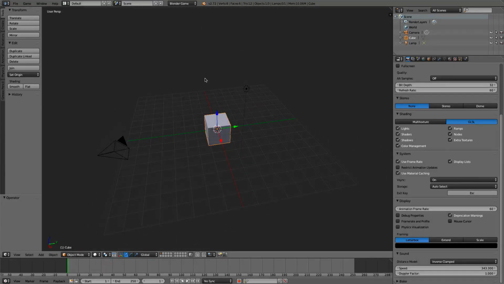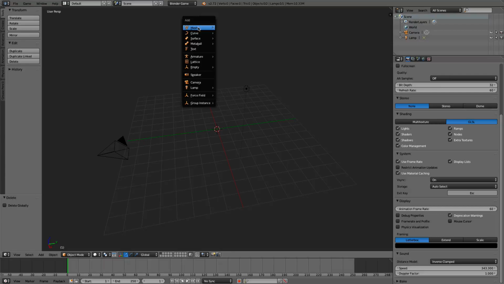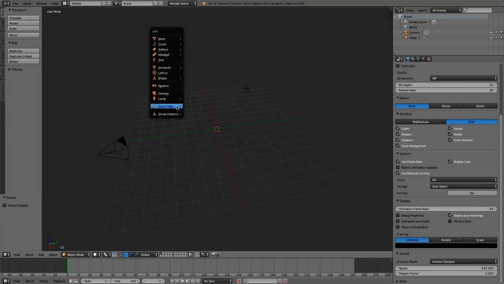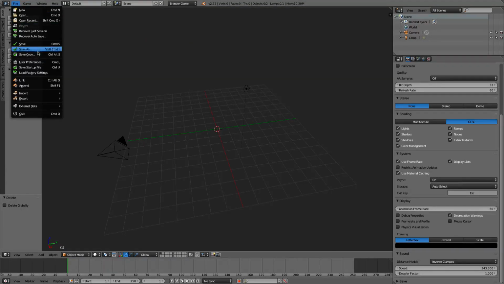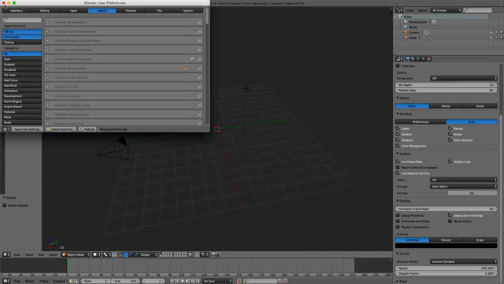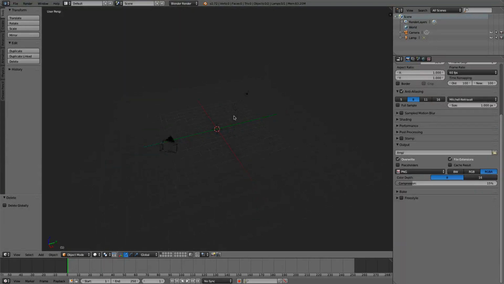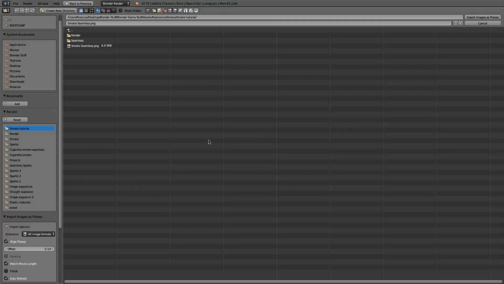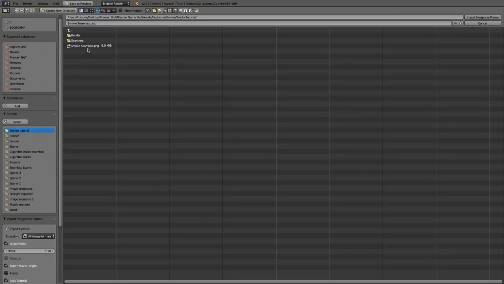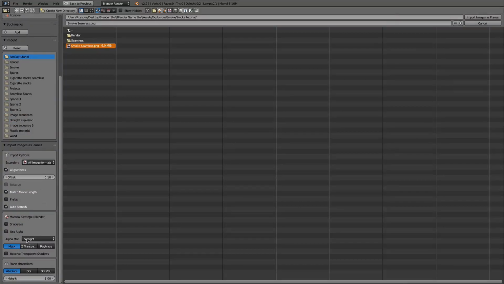Okay, what we'll do is just delete it, and I find the best way to import our image is to go Mesh, Images as Planes. This is an add-on. You can add it by going to File, User Preferences, and you can search it and just check it. Actually, the best way to import an Images as Planes is just use Blender Render again. Images as Planes. Find your picture, Smoke Seamless. That's what I saved it out to. Our sprite sheet. Just add Z transparency. Shadeless, use alpha. This is just easier.